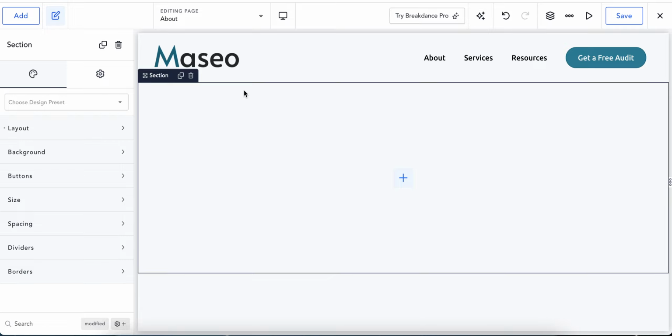Assalamu alaikum. In this tutorial, I'm going to explain how to add a link to an image using the Breakdance Builder free version. Now, over here,